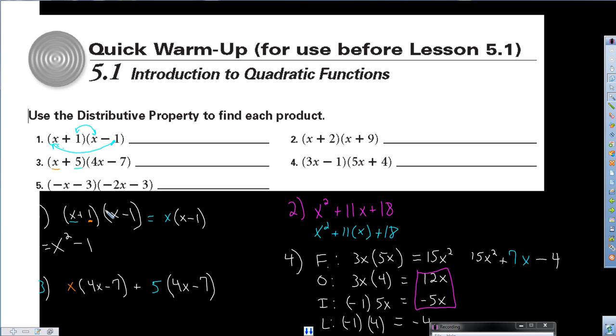So I'm going to take this, multiply it by this quantity. I can use the cover-up method: cover up the 1, x multiplied by x minus 1. And I'm going to cover up the x, multiply the 1 times the quantity x minus 1. So I'm going to add those together: x times the quantity x minus 1. So you can see how I used the distributive property twice over. I'm now going to get my final answer. Well, not my final answer. So it'll be x squared minus x plus